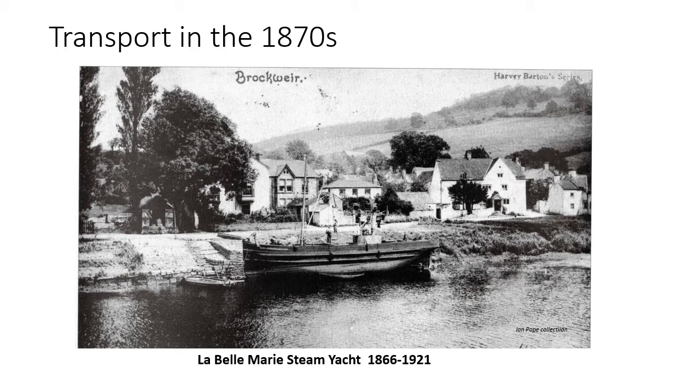Every 2 weeks it operated, and it supplied to Bristol market produce such as apples and pears, fish, cheese, butter, corn, barley, hay, sheep and pigs, and in return coal and other commodities were brought back to Brockweir, including provisions for the general store. And not just was the La Belle Marie in competition, but also, as you can tell